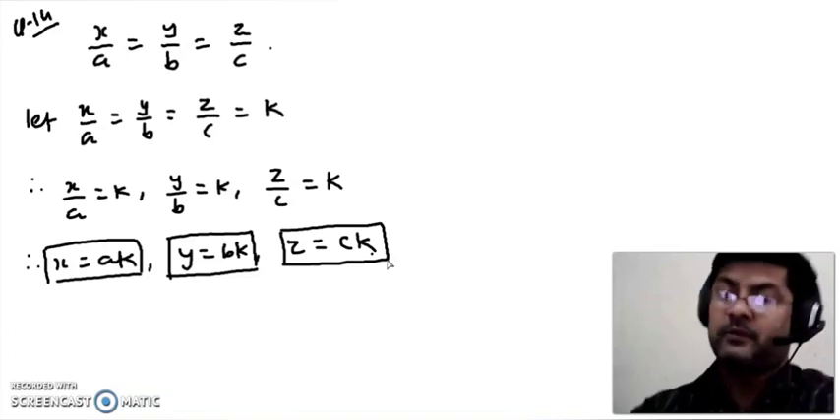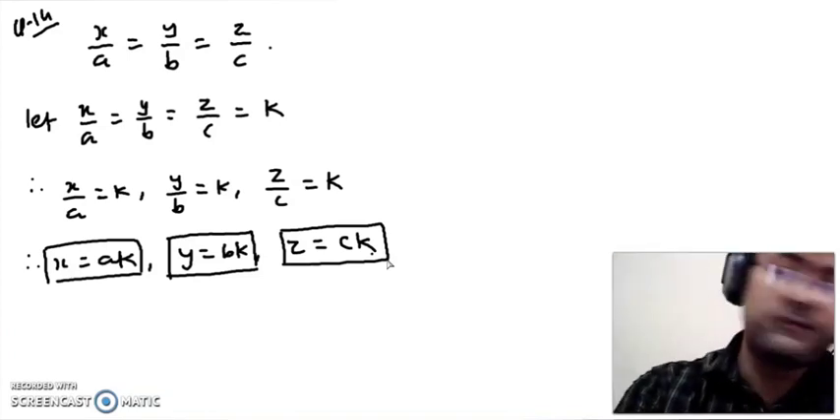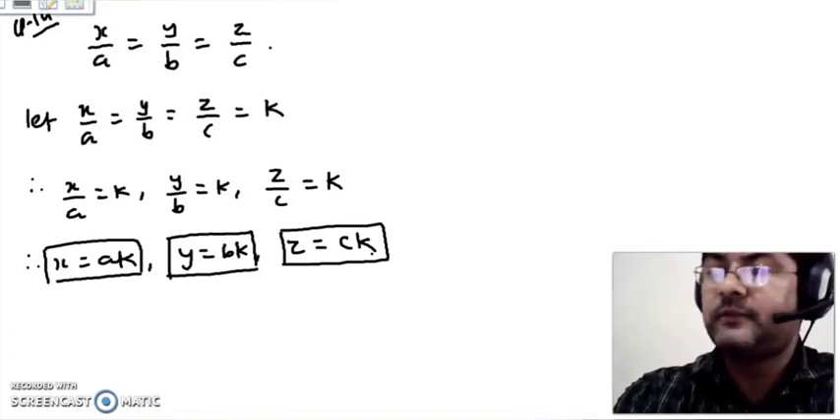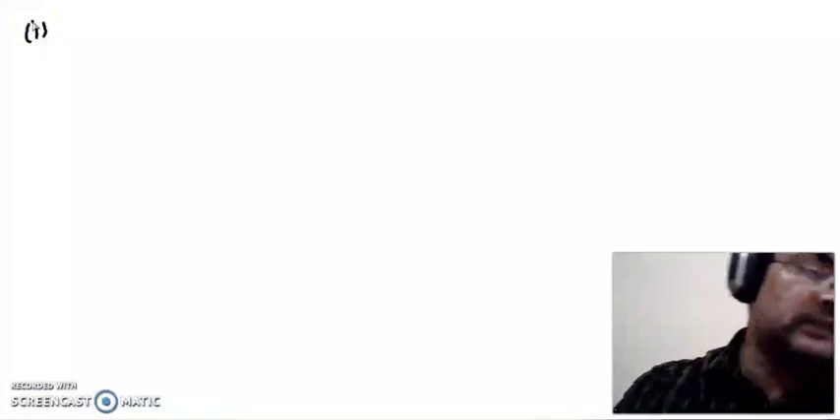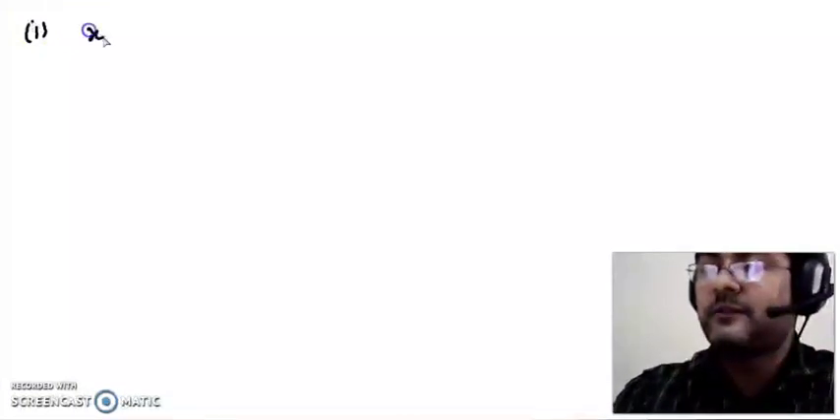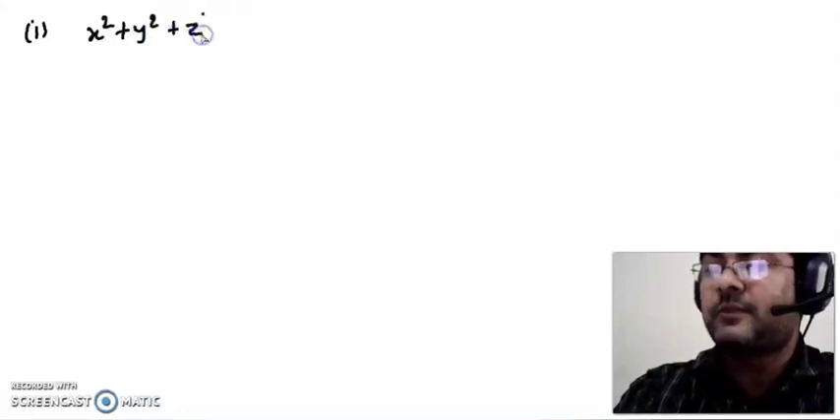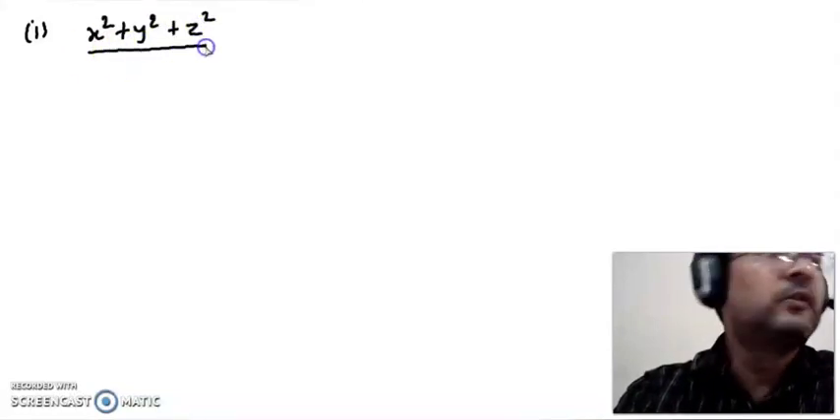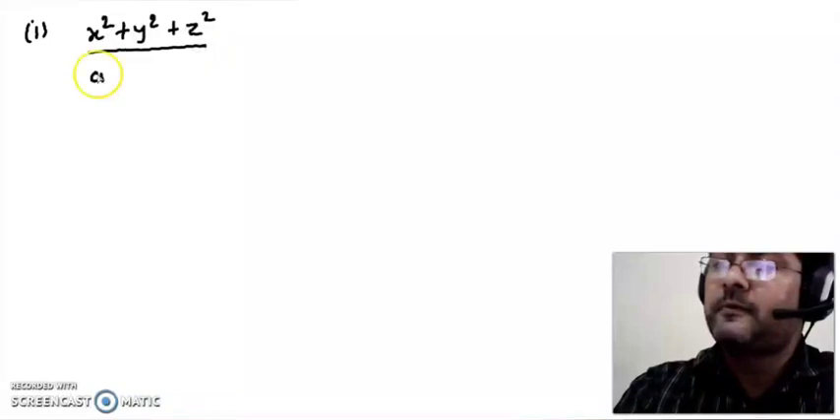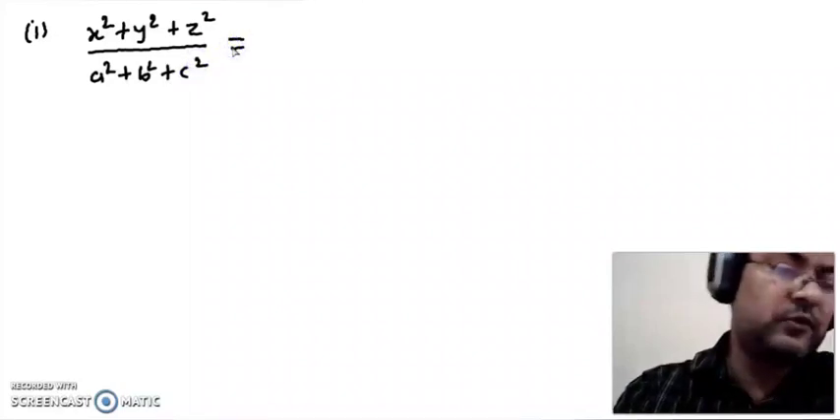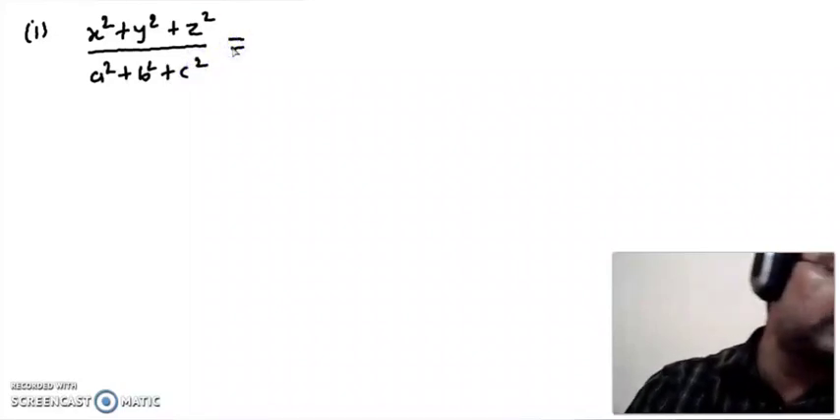Okay, now let us begin from the first part of question number 14. Okay, here it is given that x square plus y square plus z square upon a square plus b square plus c square is equal to px plus qy plus rz